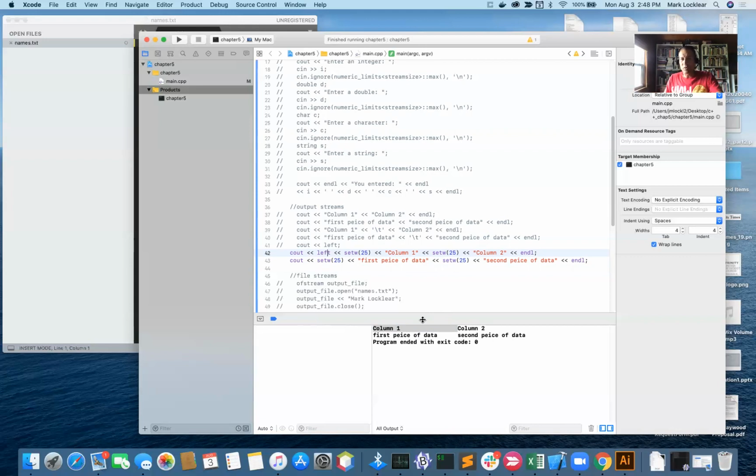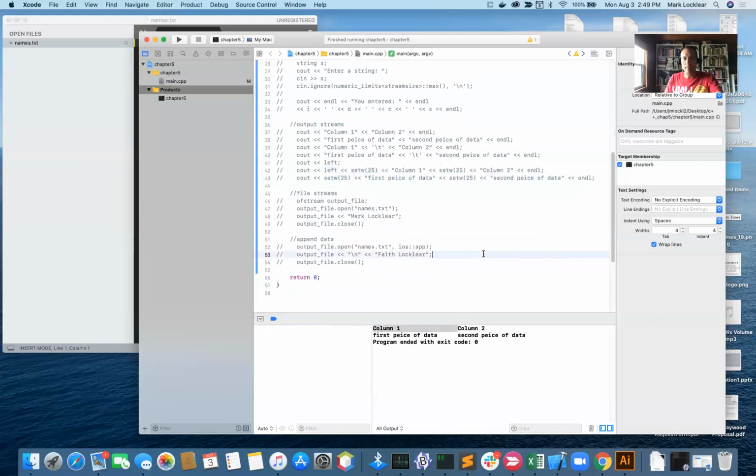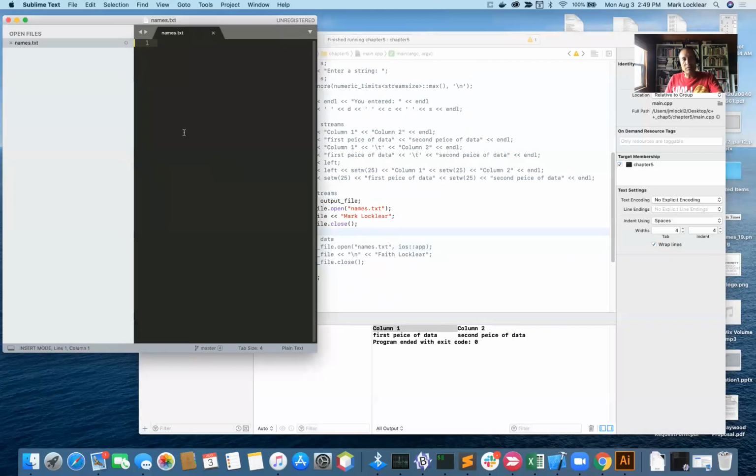But anyway, those are a couple of things you can do to format data when it's output on the screen. Okay, and then finally, let's look at some file streams where we're going to actually save data to a file. So notice off to the side, I've got this names.txt file. This is inside my,